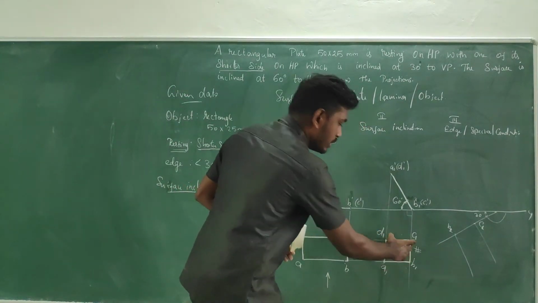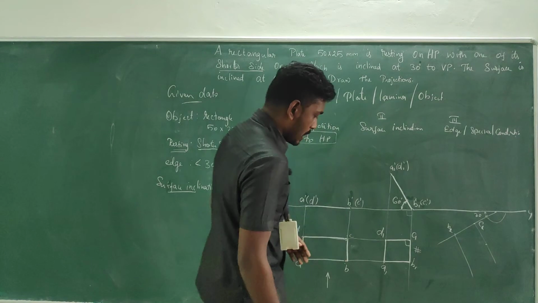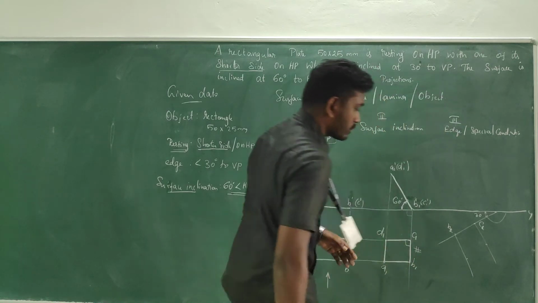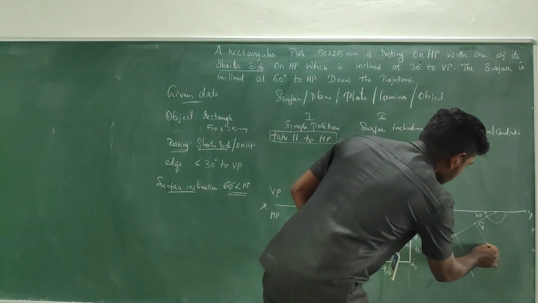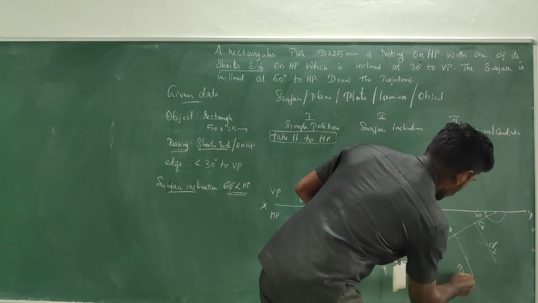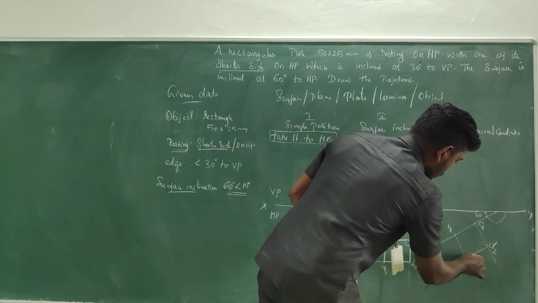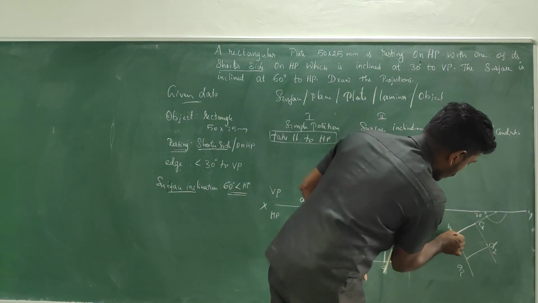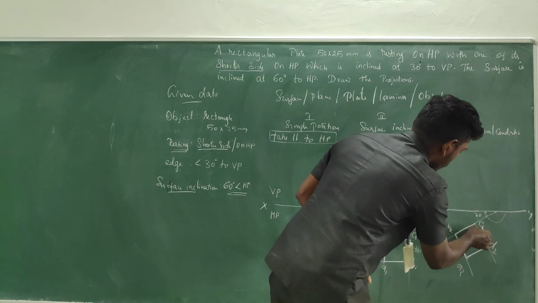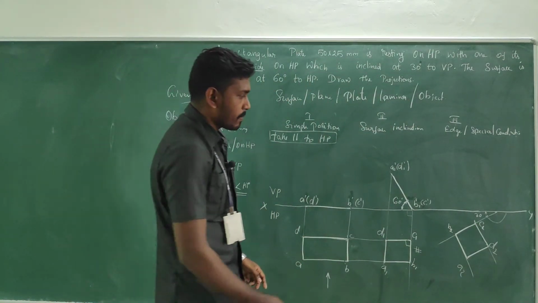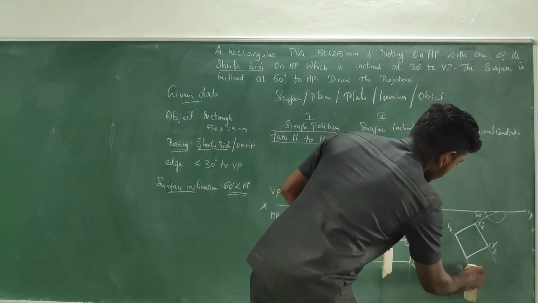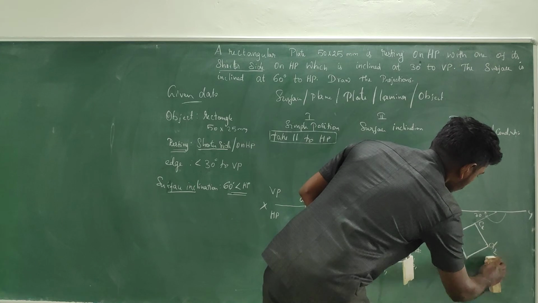Now take the measurement C to D, and from C make a marking. From B, measure the length B to A and mark it, so that you get D2 and A2. If you connect a line, you get the image. Go for a dark line passing from A to B, B to C, and C to D. Okay. Now the final top view observation trace is over, right?